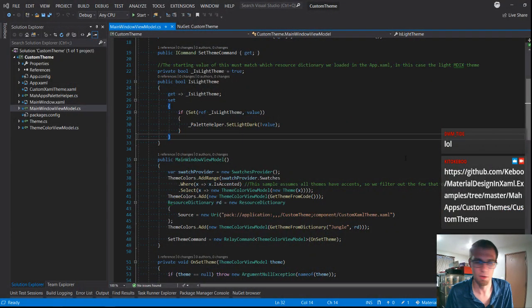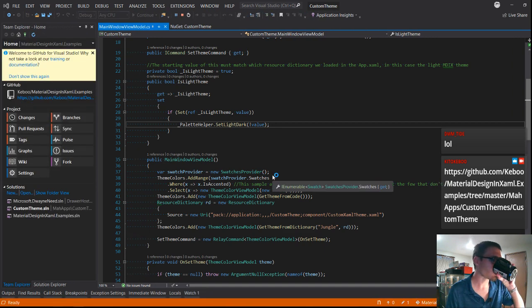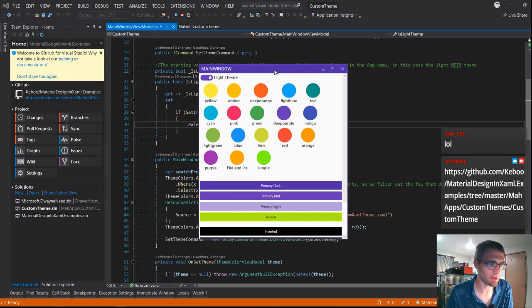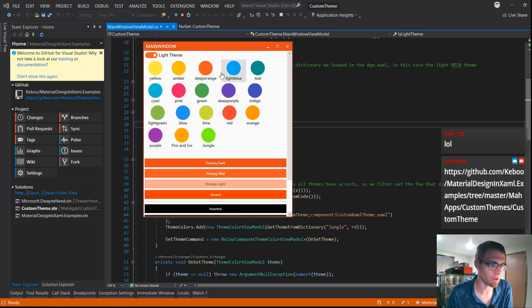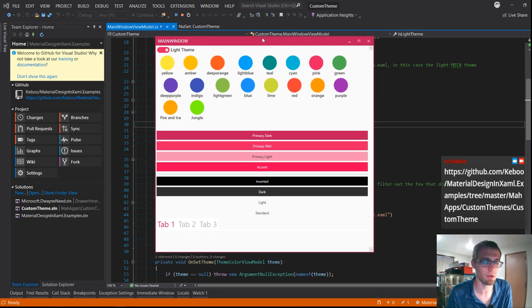Okay, so let's dive in. I will just fire this up and show off what this app does. I initially wrote this as a proof of concept on the old 2.5.x API for what it takes to do custom theming. A lot of this is based heavily on what you see in the demo app. But you'll notice there's a couple of interesting bits in that this is actually MahApps in addition to the normal Material Design in XAML. So we've got the normal Material Design built-in